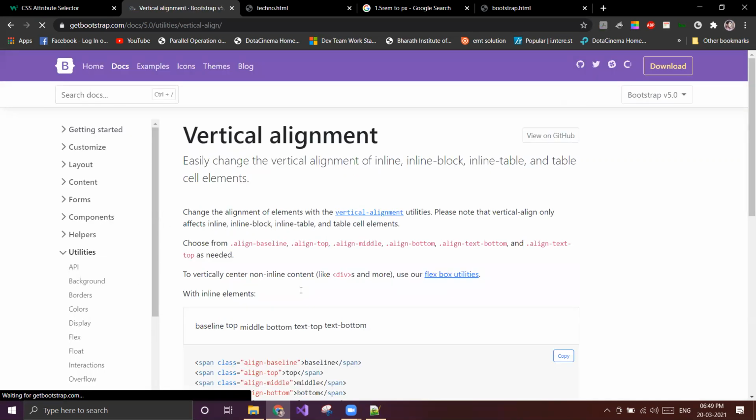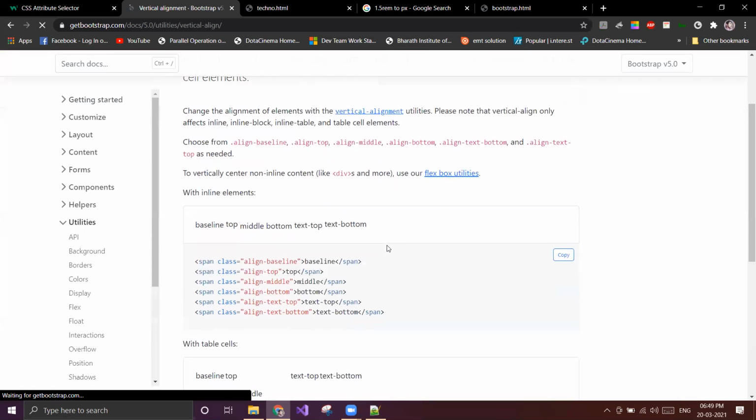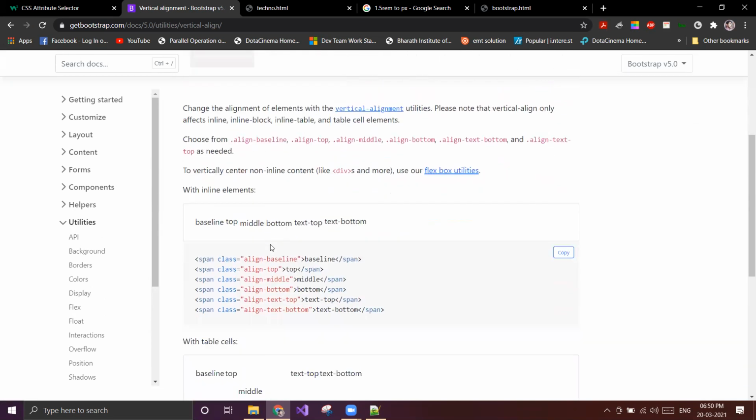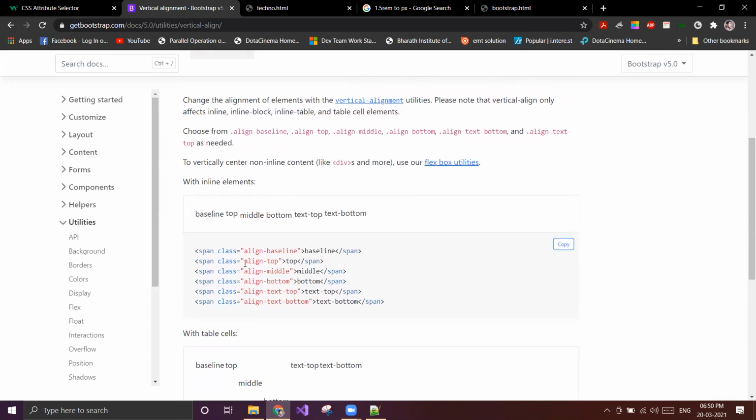Then we have vertical alignment. In CSS, what do we write? We write vertical-align middle, vertical-align top, vertical-align bottom, like that, isn't it?